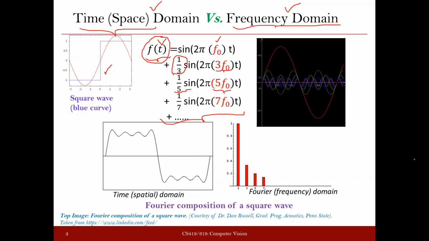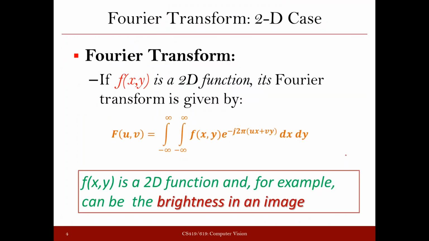So ultimately, our goal in Fourier transform is, given a function or a signal in spatial domain, to get this representation where we want to find out what are the frequencies and what are their coefficients. Okay. So now let us continue. In the last class we discussed 1D Fourier transform. Now let us see the 2D case for the Fourier transform, and again we are discussing this for the continuous domain. The 1D case that we discussed in the last class was also for the continuous domain, and this is also for the continuous domain.